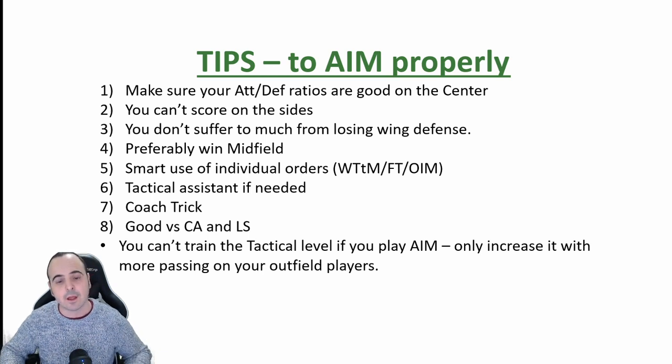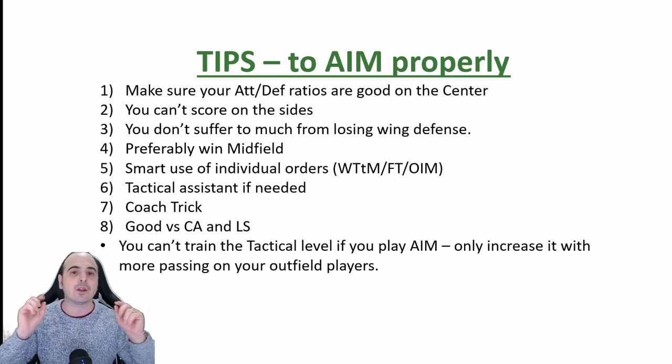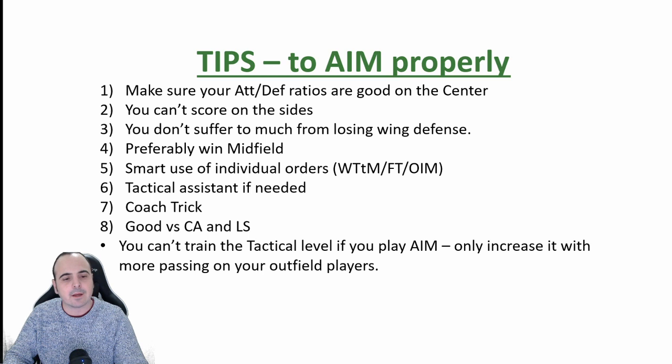Next, make smart use of individual orders. For attack in the middle, it's winger towards the middle, offensive inner midfielders, and normal forwards. If you need, you could use the tactical assistant to bump up your attack rating even further, coach trick for the same reason, and attack in the middle, great way to play against long shot teams or some counter-attack teams. And just notice, you can't train attack in the middle tactic, it's only dependent on the passing skill of your